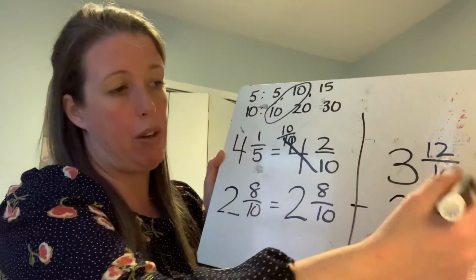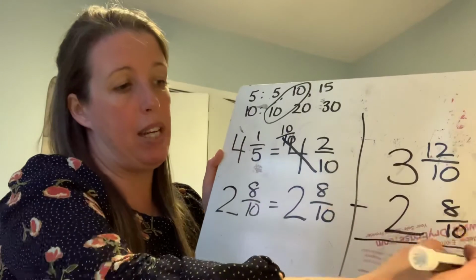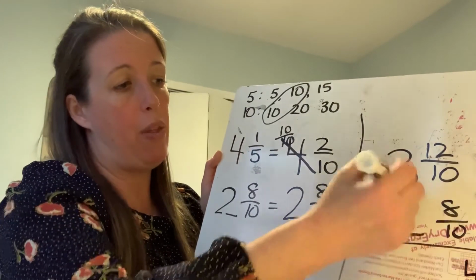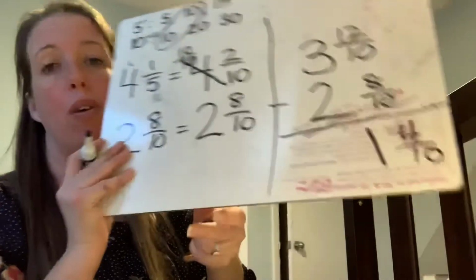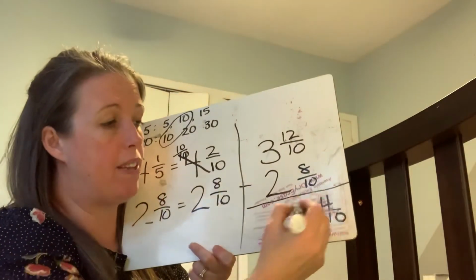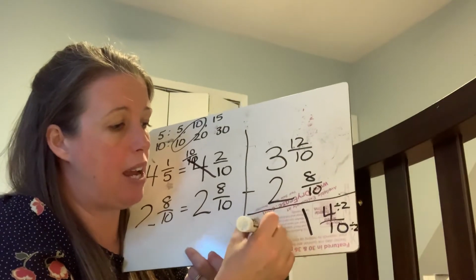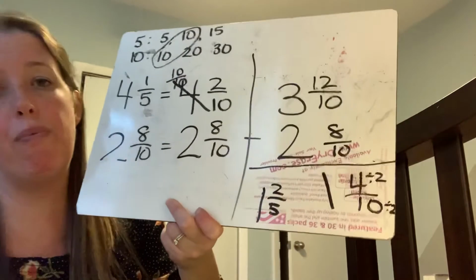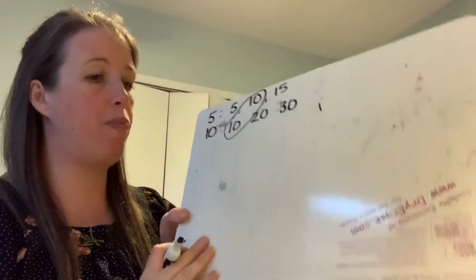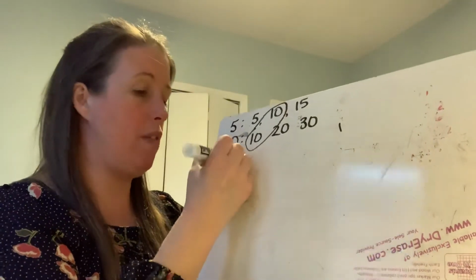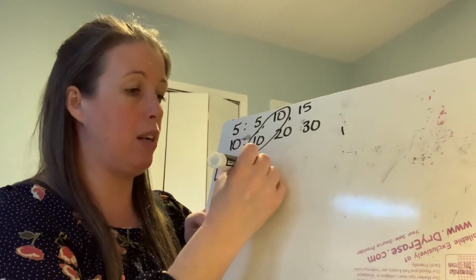All right, so now I can do the work. 12 minus 8 is going to leave me with 4 tenths. 3 wholes minus 2 wholes is going to leave me with 1 whole. I can simplify this. I can divide both by 2. And then I'm going to get 1 and 2 fifths. Now let's watch the same thing using the second strategy. I'm going to keep my common multiples. That doesn't change. And then when I take 4 and a fifth, it's still going to be equivalent to 4